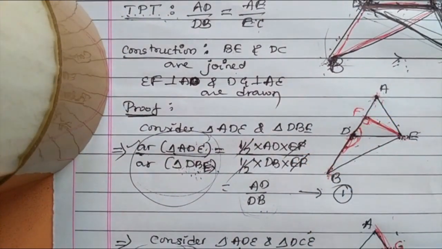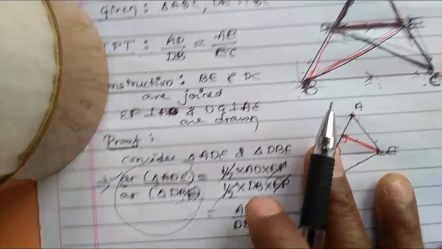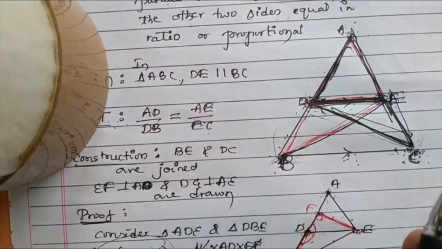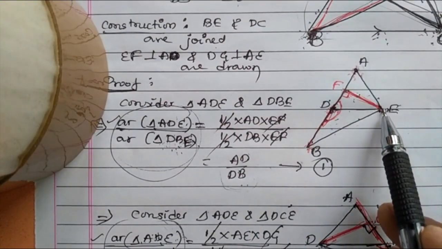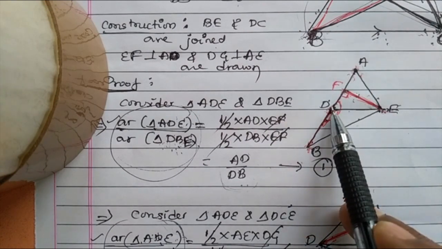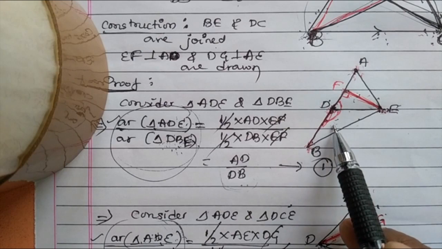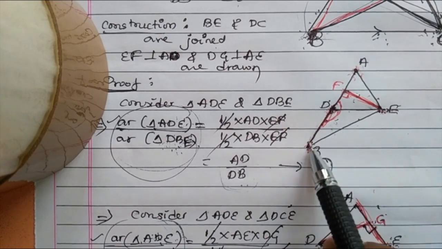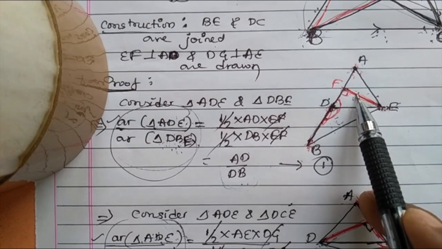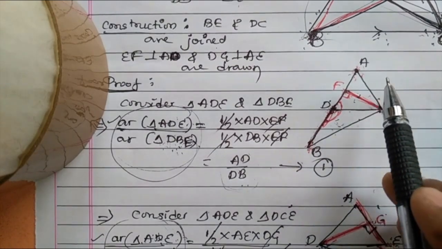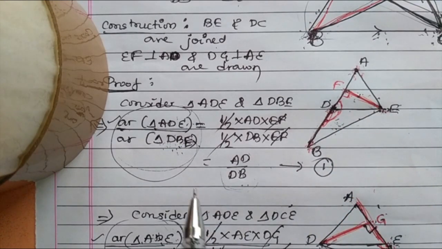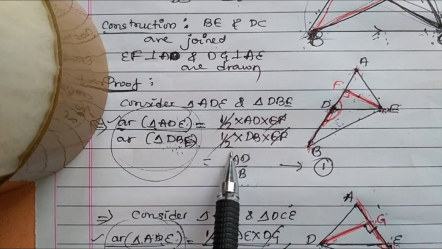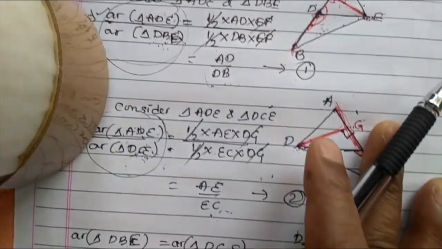Then in the proof, go step by step. First, separate the half part of the diagram, and in that there are two triangles. In the first triangle, draw a perpendicular to the AD base. For the second triangle, which is an obtuse angle triangle, the base is there but the height is outside the triangle. That height is already used in the first acute angle triangle, and it becomes the height for the other triangle also. Using the half into base into height formula for both triangle areas, and removing some common things, we obtain a result, that is equation 1.